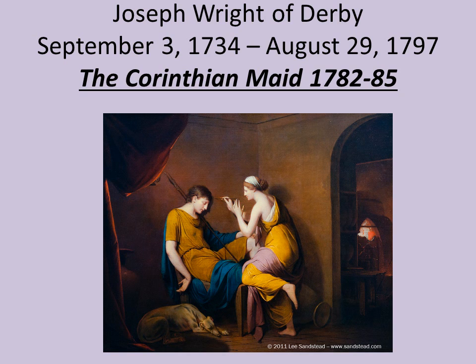Let's take a look at The Corinthian Maid. Josiah Wedgwood, the pioneer pottery manufacturer, commissioned this mythological scene that illustrates the invention of the art of modeling bas-relief sculpture, where you see a relief of someone based off of a shadow. The girl was the daughter of a potter in Corinth. The boyfriend was about to embark on a perilous journey to foreign lands, taking only a spear and his dog. As a memento, she traced her sleeping lover's silhouette on the wall. Her father then used the drawing to model a clay relief, which he baked in a kiln to create a